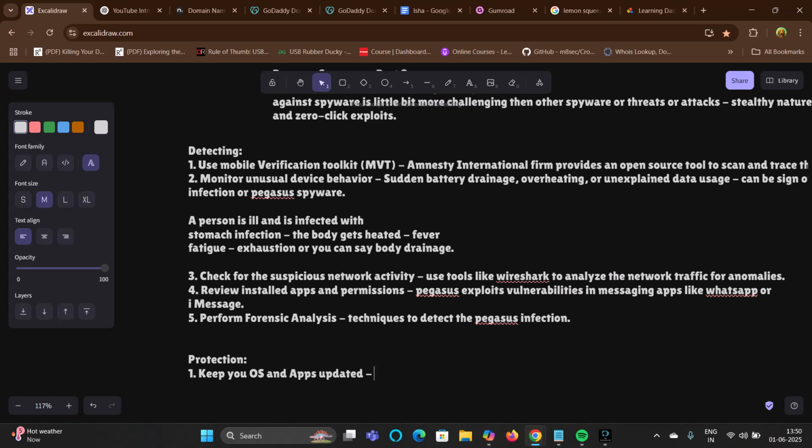So always keep them updated, because Pegasus exploits vulnerabilities available in outdated software. So you should always keep an eye on that.